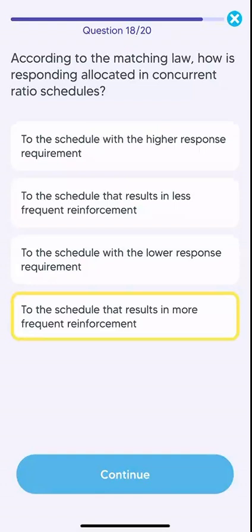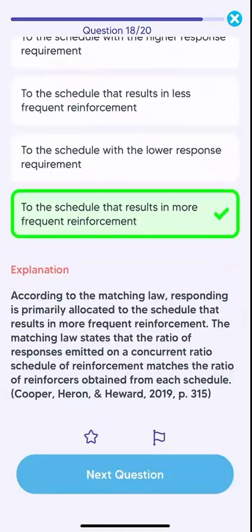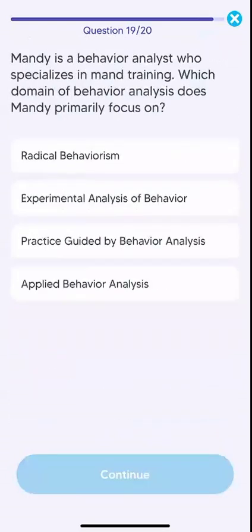Okay. If someone gives you work 1 hour and take 1,000, and the other one tells you work 12 hours and take 100 only, what will you choose? 1 hour, 1 hour and take 1,000. This is matching law. I think this one. Yes, correct. Okay.